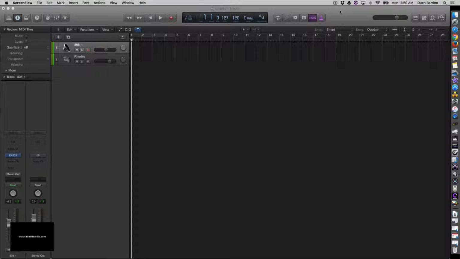Well, it's a little different inside of Logic Pro. You just can't drop that sample in there like that per se. But the simple way to do it, how do you do it? This is how you do it. As you see, I already got Logic Pro up. First thing you want to do is, well, I already have two tracks. I already have one in, the 808 going, and I have a Fender Rhodes right here, which I'll tell you about in a minute. But first thing you want to do,